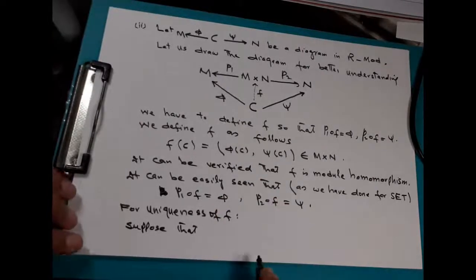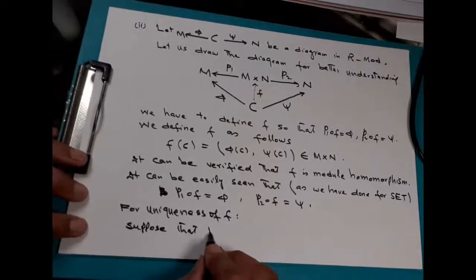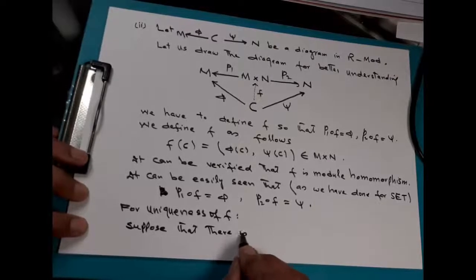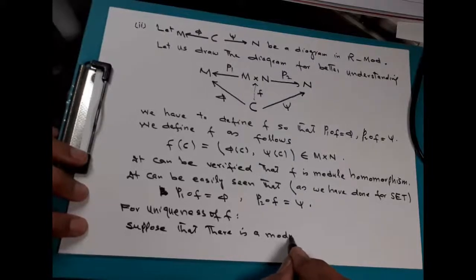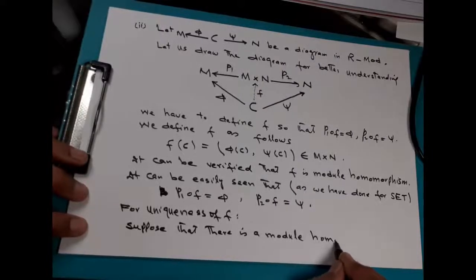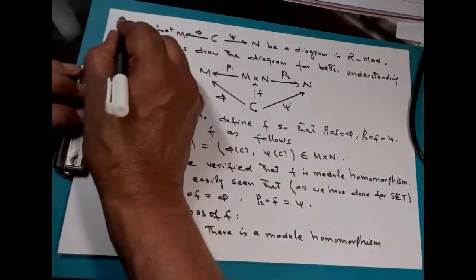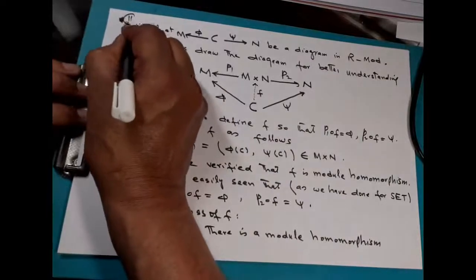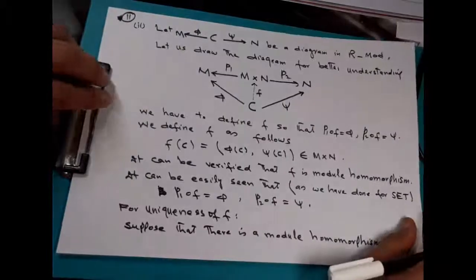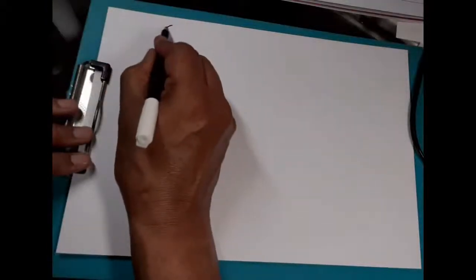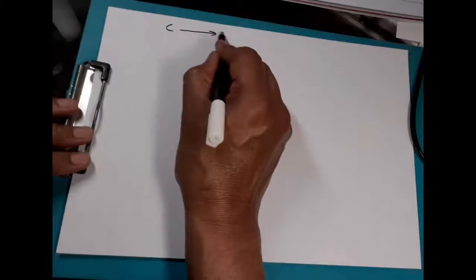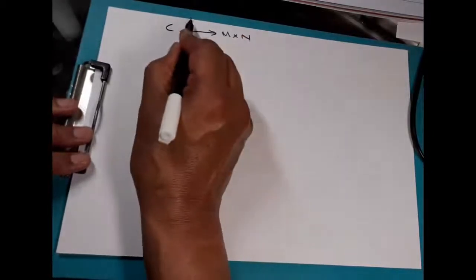So suppose that there is a module homomorphism from C to M cross N, and we call it G, such that